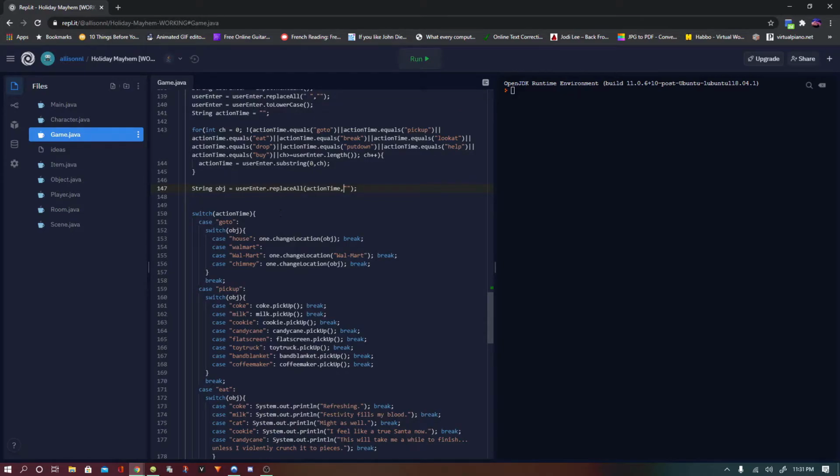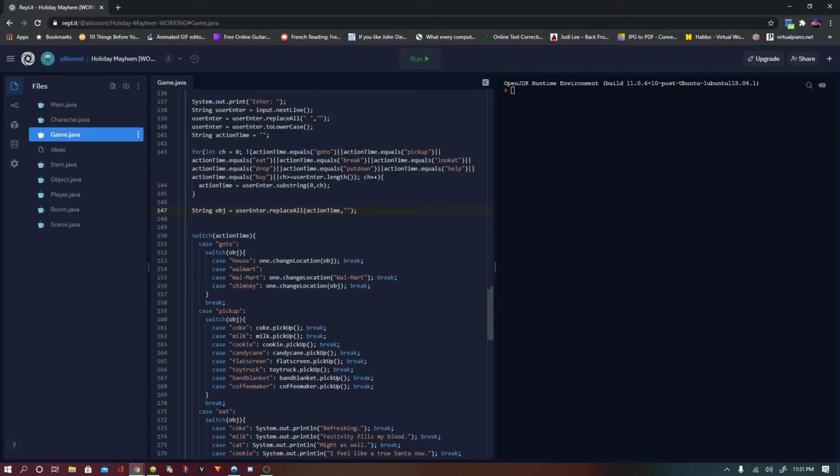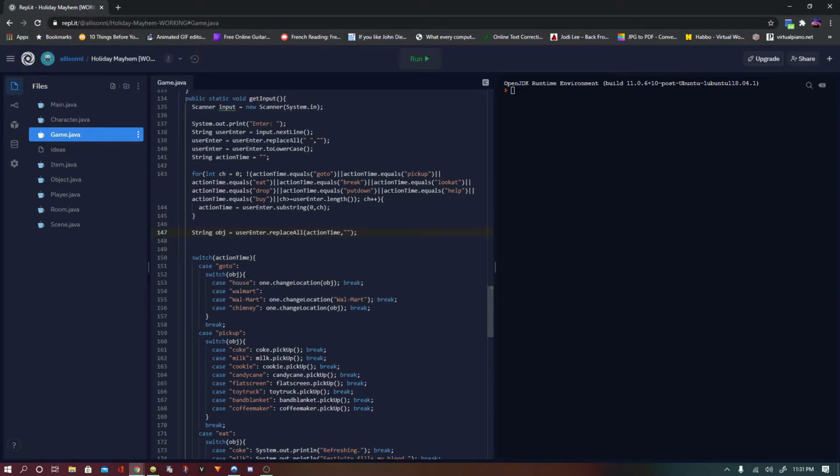Oh, I see. Okay, so I was separating the command and the object that it was being done onto, because I had it to where you type in one of these words here, and then you type in the thing that you're doing it to, and then you hit enter. You don't have to do them separately, because initially I had it to where you had a list, and you picked a number for one of these commands, and then you typed in what you wanted to do it to. But now it's different. So that's neat. And it doesn't matter, the spaces all get cut out, as you can see. So if people don't put a space on something, then it doesn't matter.